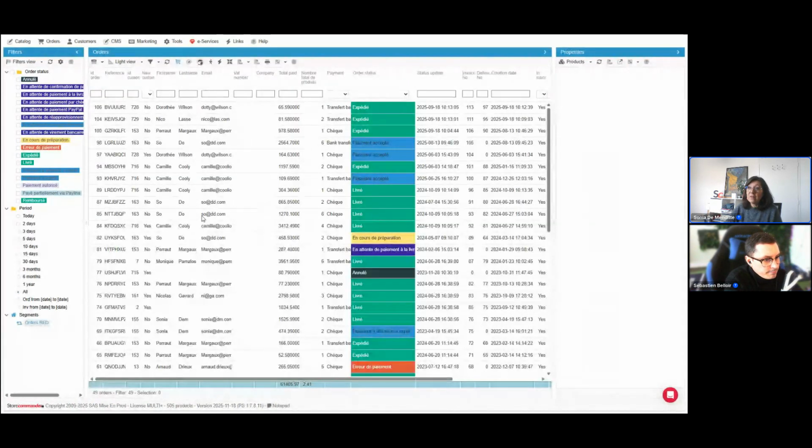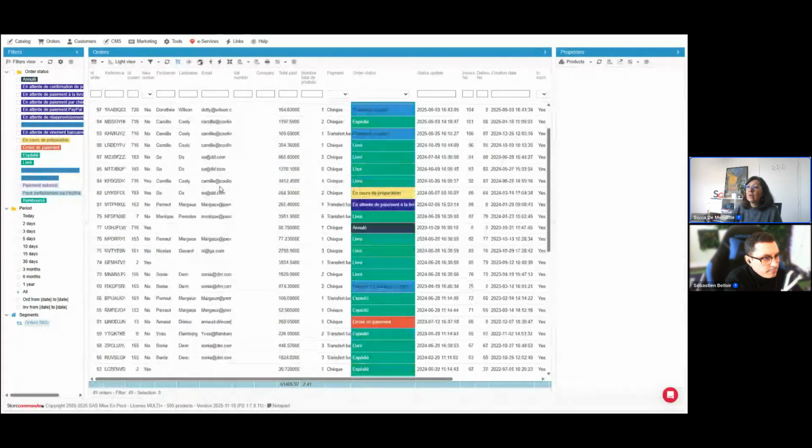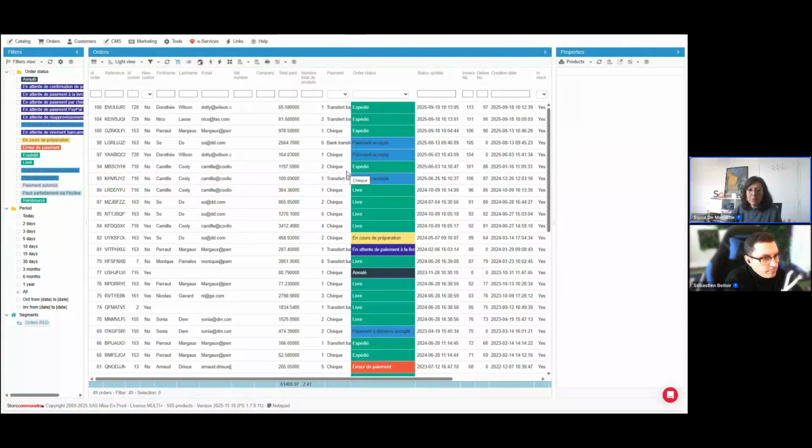So now I've got the list of features. But same again, I don't want all that information, because my boss asked me to send in the list of these orders, and I don't want to send him all that. I don't want to spend time putting that in Excel and then removing the information, because I want to save time. And I'm using Store Commander, so I'm supposedly saving time with it.